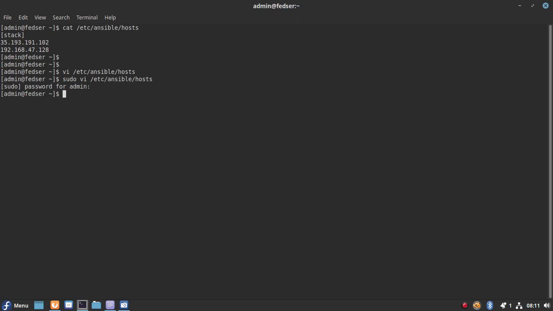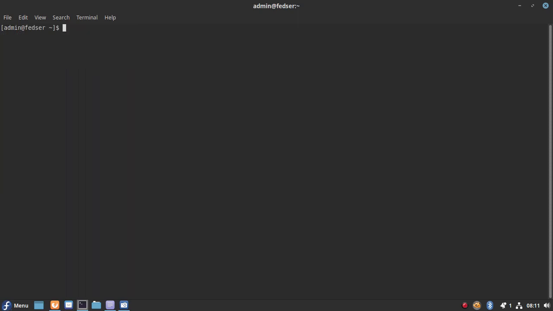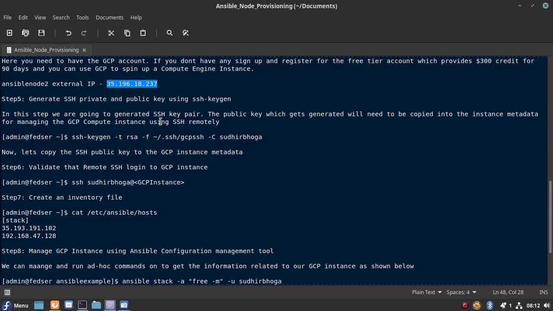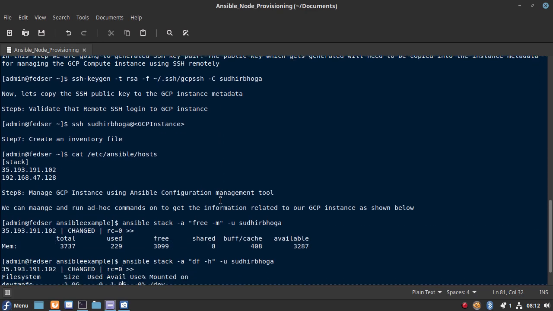Let me save it. Now we have the Ansible node 2 IP available in the hosts file. So this is basically the inventory file that we need to create and update to manage our Linux instances.